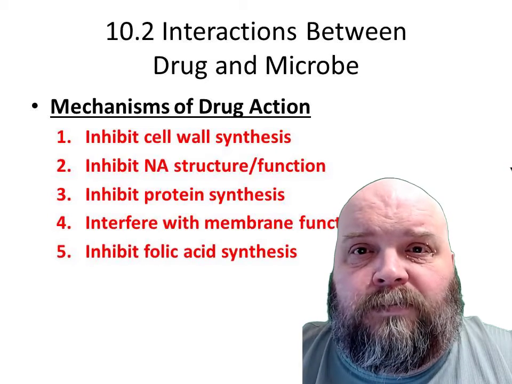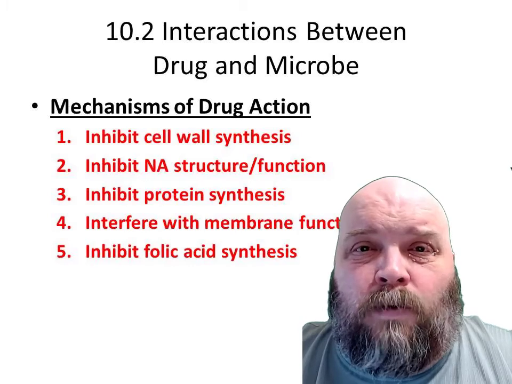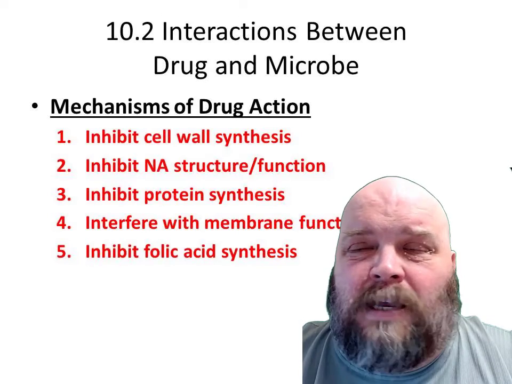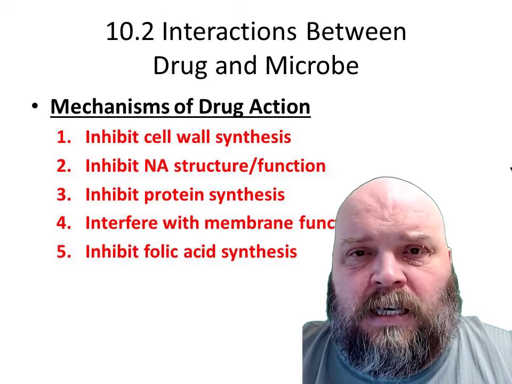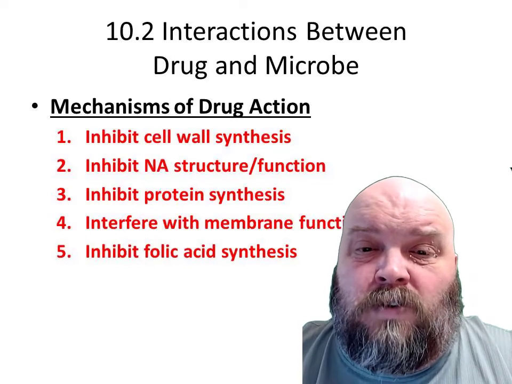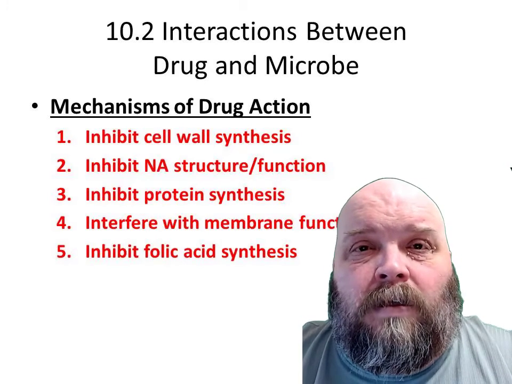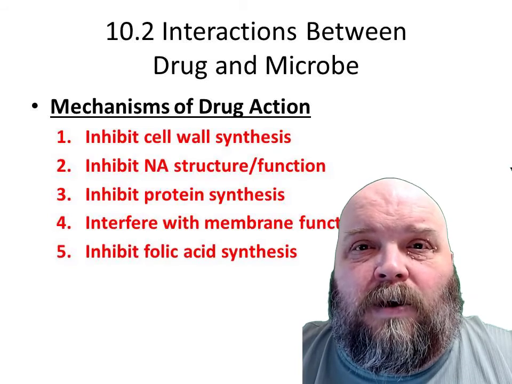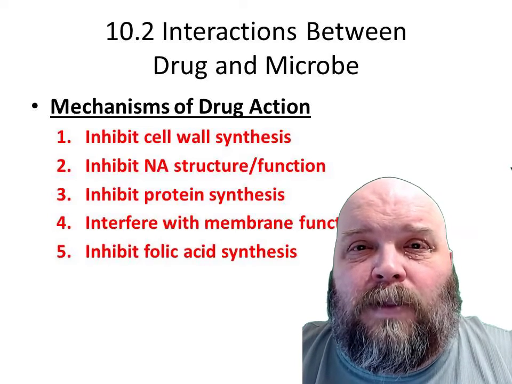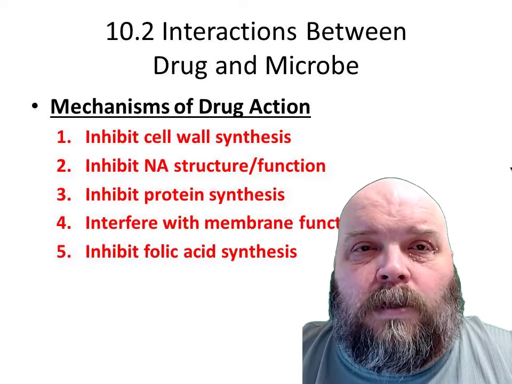Another one: go for folic acid synthesis. I mentioned this one earlier. We don't make folic acid. We do not have the ability. We don't even have the genes to be able to do this. Bacteria do. So you go after folic acid synthesis. You inhibit folic acid synthesis. Many of these microbes are going to run out, deplete their folic acid reserves,